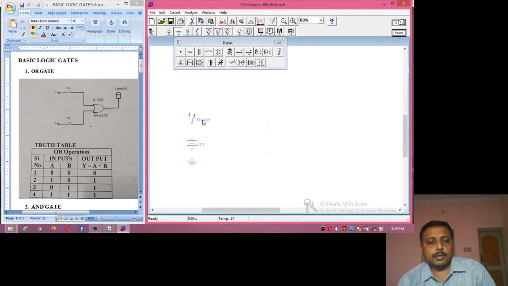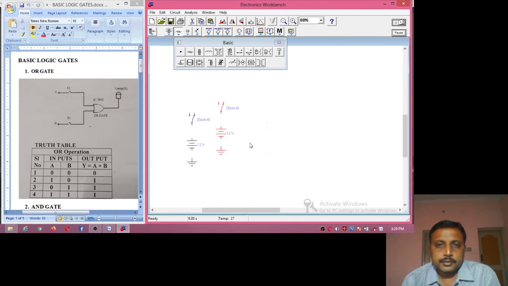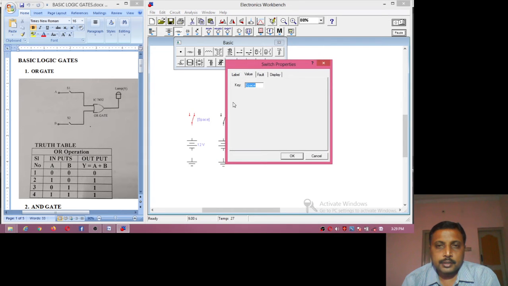So I am copying all the three together. Since we have two inputs and only one output, I am double clicking on this switch. I am going to name this input as A. I am double clicking on this switch. I am going to name it as B.